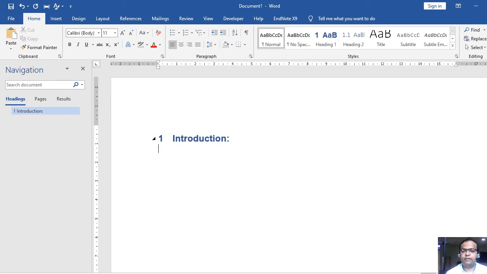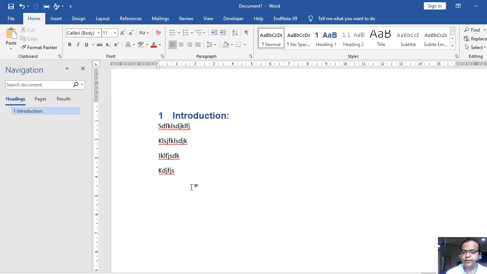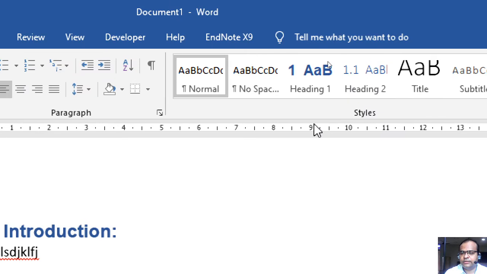Now suppose I am writing something, and now I need to introduce a subheading of this chapter. Let's say this topic is about self micro emulsification, so I want to introduce it with the lipids, right? Technically there must be a subheading with the number 1.1. But I don't need to do it manually. If you look carefully, exactly beside this Heading 1, there is a setting called Heading 2, right?